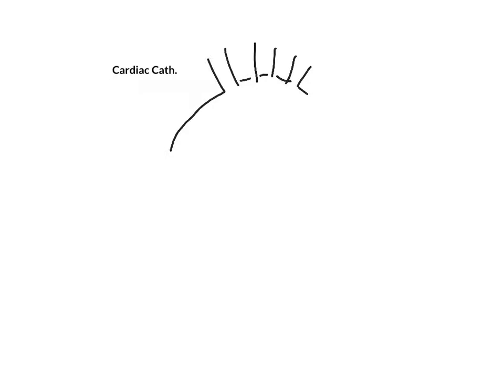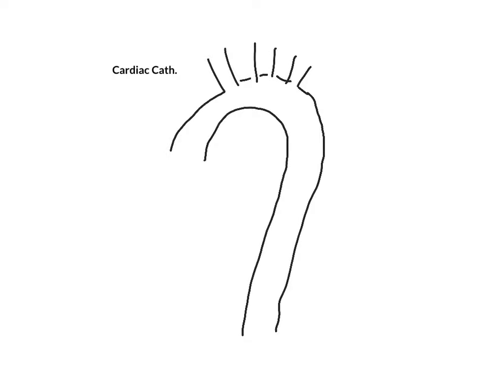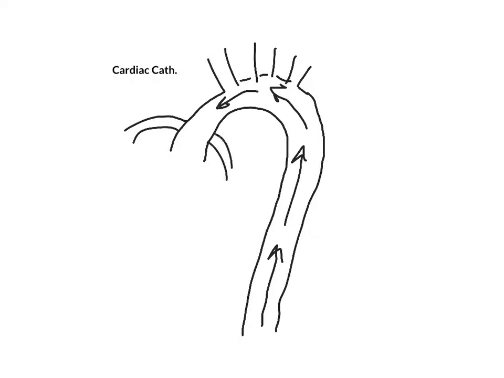Sorry, I'm drawing that not perfectly. And then it goes down throughout the body. And the catheter comes up this way and goes to, just drawing them freehand, they're not exactly in these places, but into the